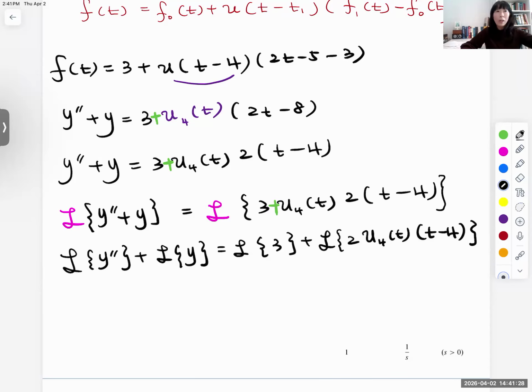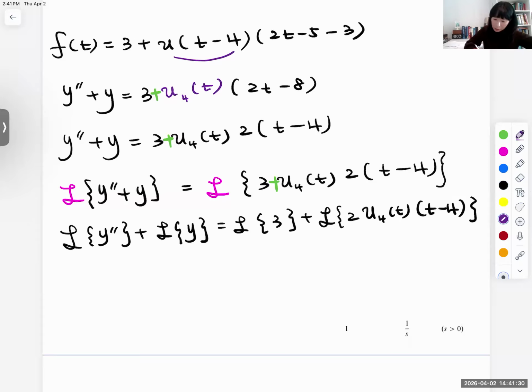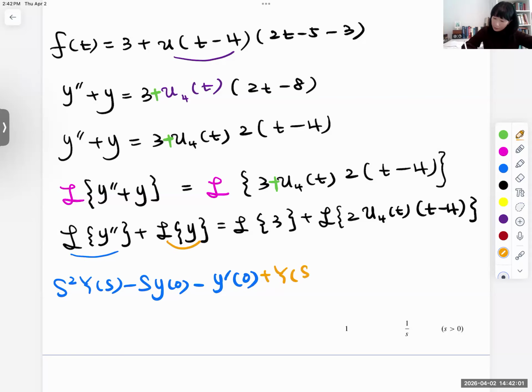So what is the Laplace of y second prime? There will be s squared y over s minus s y of 0 minus y prime of 0, and that will be plus y over s equal to,